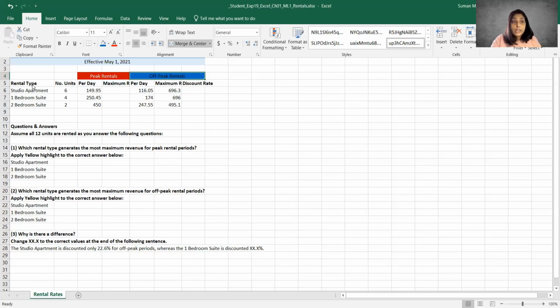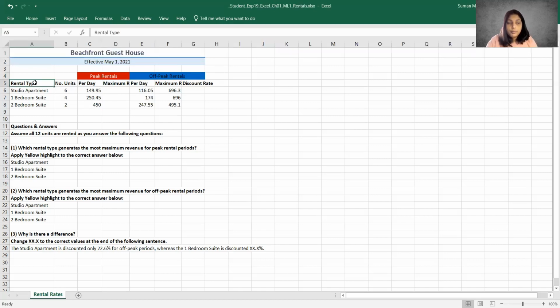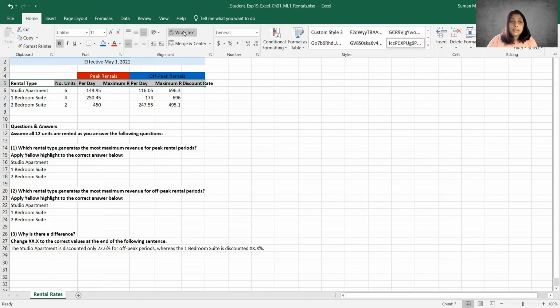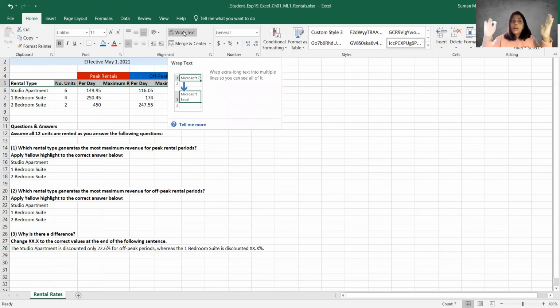So what I'm going to do is I'm actually going to select all of them because if anything changes later, I want to make sure all of these headings in row 5 have the same formatting. I'm going to go ahead and left click on rental type with my white cross, left click, hold my mouse down and scroll across to G5. I'm going to click on my home tab, and then I'm going to click wrap text. So what that does is instead of widening the column, it takes the text that you can't see and puts it underneath that and just wraps it until they're all in one line this way.